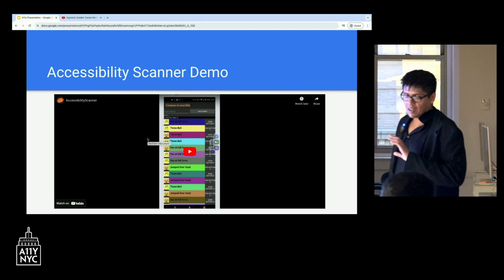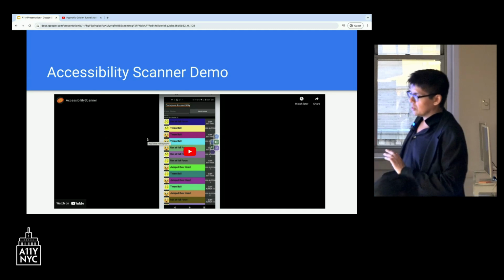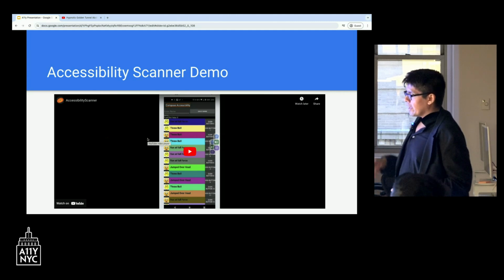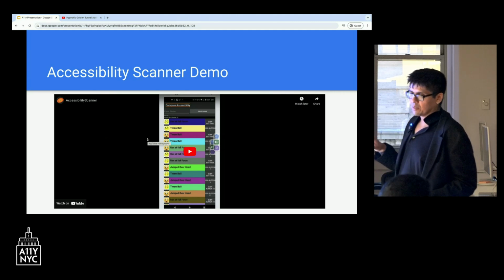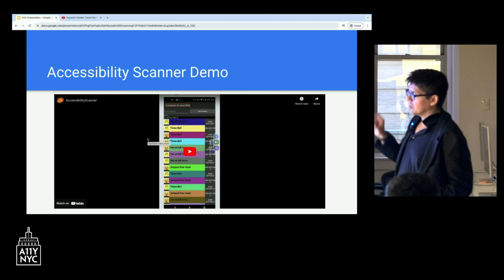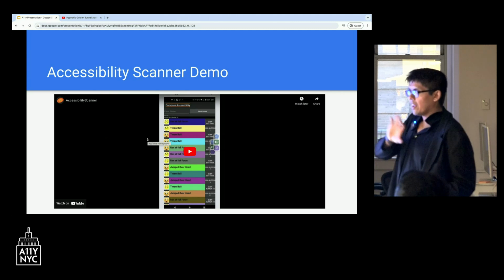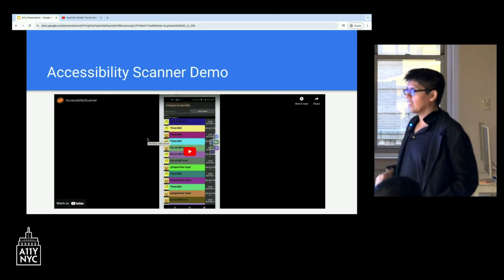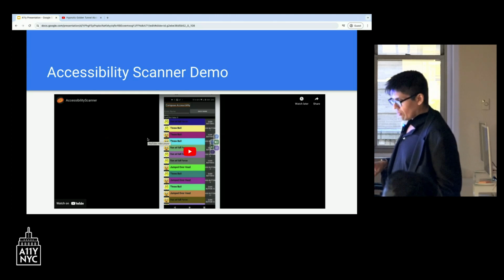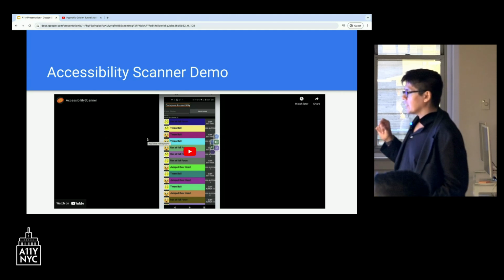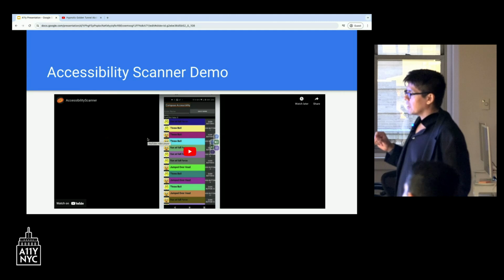Okay, cool. So these will be posted too, so you can actually check out these demos. But the accessibility scanner is a tool which, if you have a mobile application or anything, you can download the accessibility scanner and you can click on it. It will allow you to check everything accessible on the device and whether it has accessibility violations or whatnot. So again, very useful for mobile applications. You're also able to correct accessibility violations using the accessibility scanner as well.